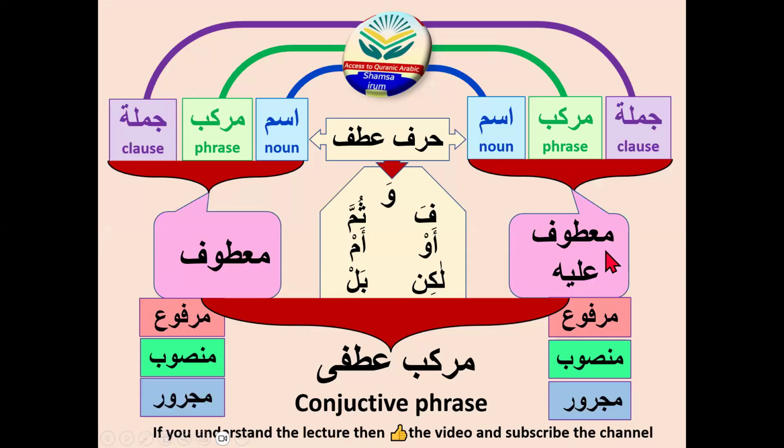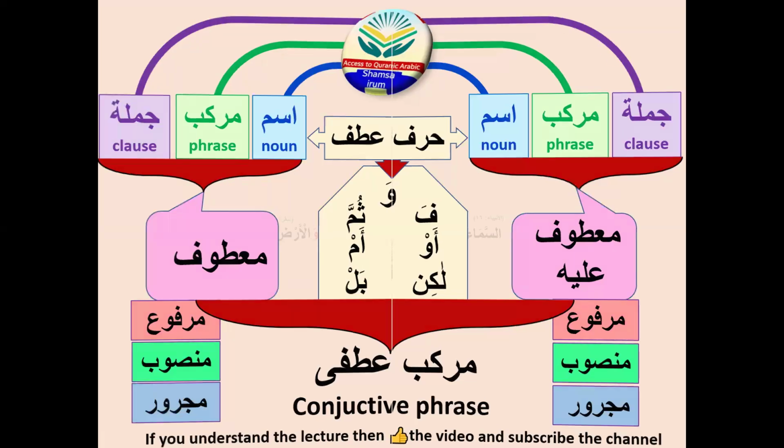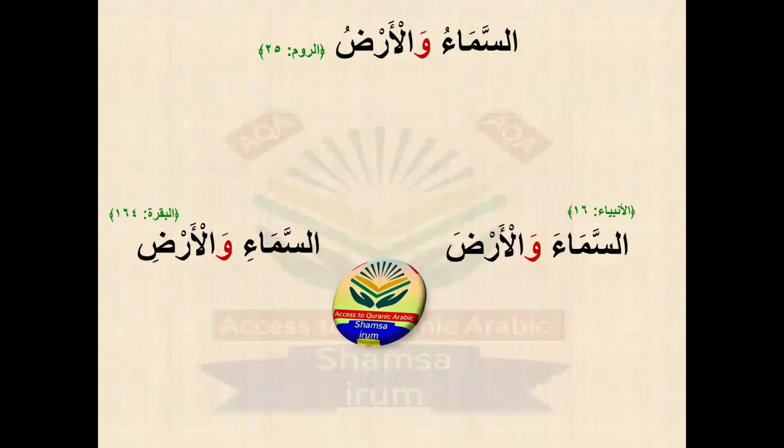You can also take a screenshot of this slide, because all the conjunctions are here. It is a summary of what I have explained till now. So everything is here. It will help you to remember, inshallah ta'ala. Now let's start the practice with an ayat from the Quran Majid. Whatever rules I explained in this lecture, I will apply on the ayat now. So inshallah you will understand easily.